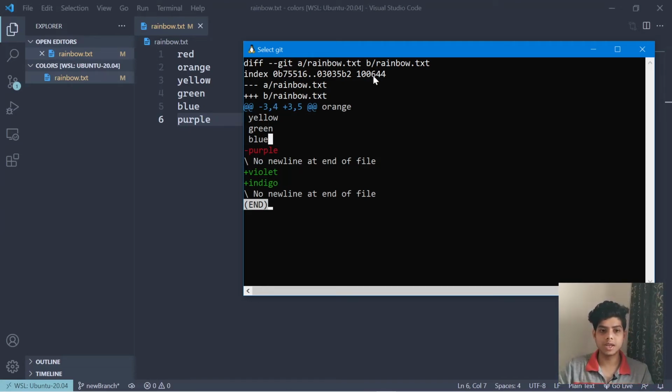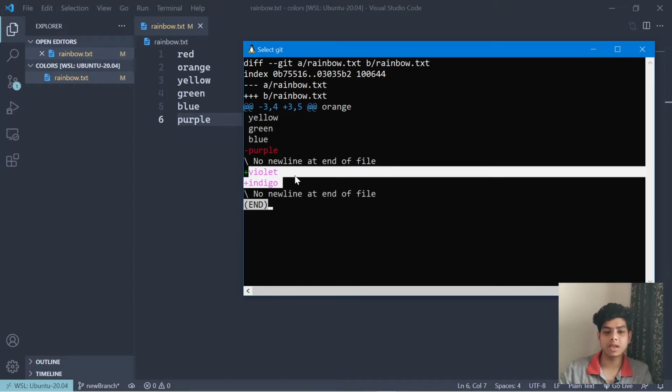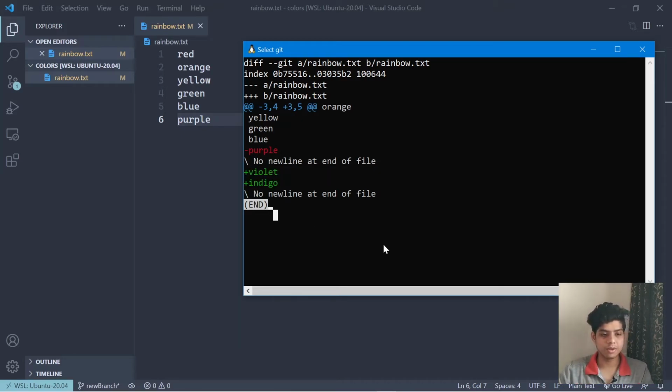I usually don't look at all this stuff. When I look at these things, I get to know. So simply what you have to do is: red is things you have deleted, and green means that you have added those things. Okay, awesome. So that's actually it.